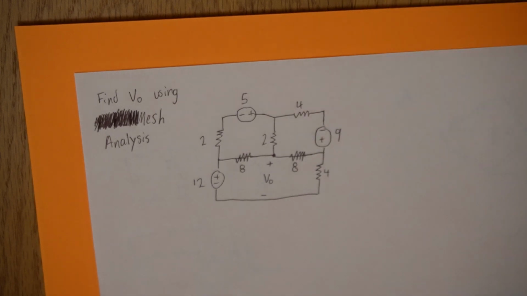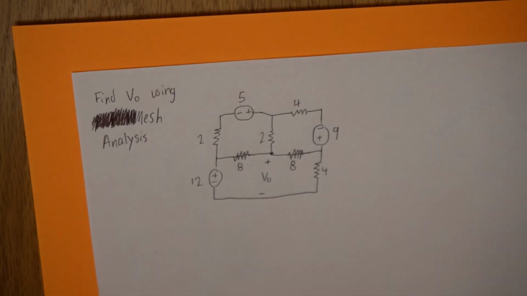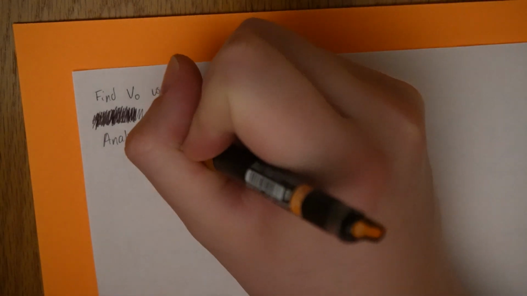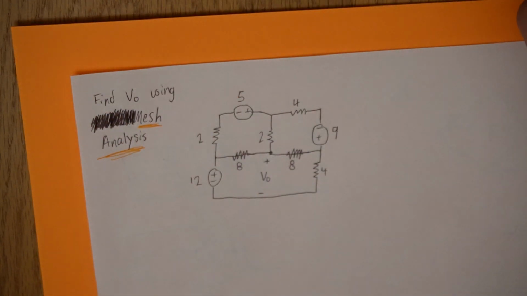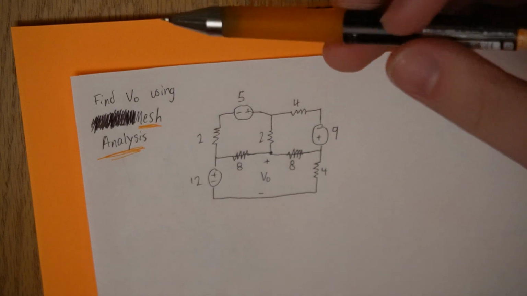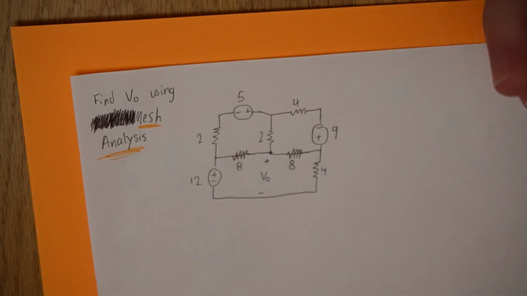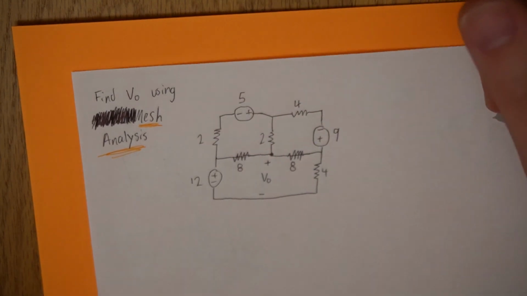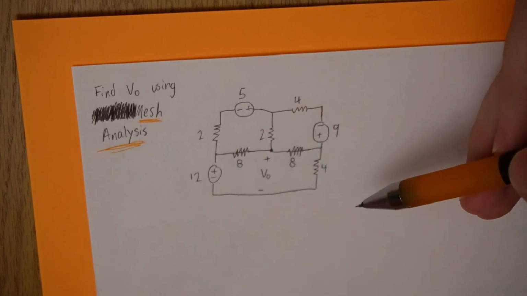So I came up with this 2 seconds ago. I don't actually know the real answer, but let's figure it out. Find VO using mesh analysis. I originally wrote nodal and then realized this is easier to solve with mesh. So when the question tells you which method to use on an exam or an assignment, you should use the method you're told. So we have this nice circuit here, and we're going to draw the meshes, which are those